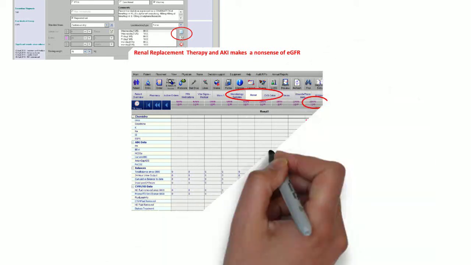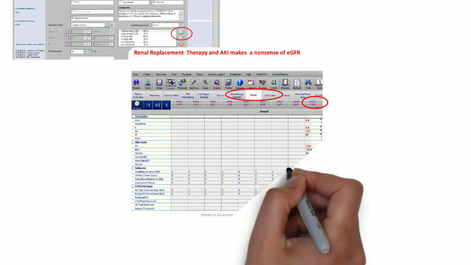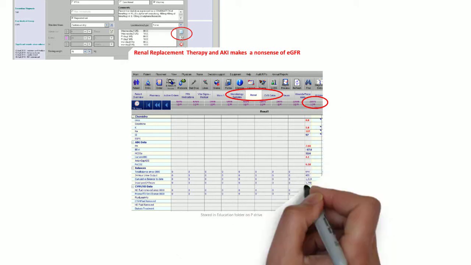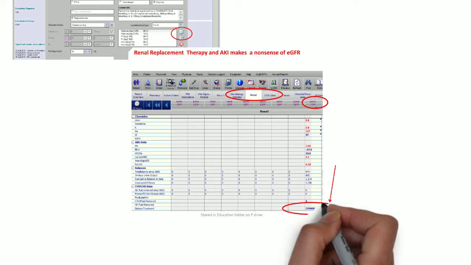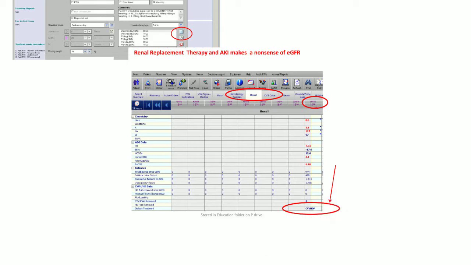And lastly, where renal replacement is concerned, it makes a mockery of EGFR. So if you want to find out if somebody has been on renal replacement,